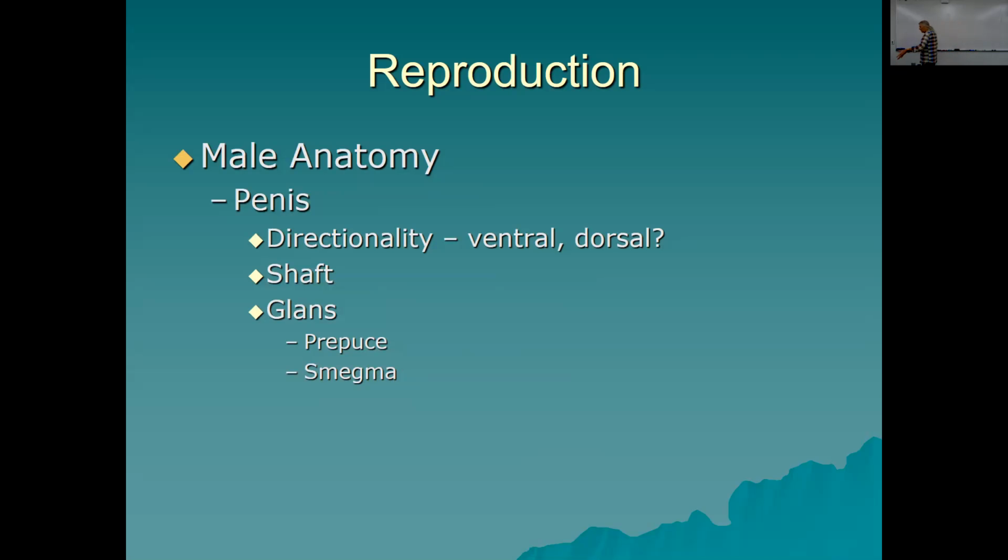Okay, the shaft of the penis, we talked about that. The glans means the expanded head of the penis. It's usually covered with a prepuce, or foreskin. When little boys are born, they're all born with foreskins. They're often removed with circumcision. But if they're not, then you have to worry about something called smegma. There are little glands on the glans penis, at the base of the glans penis, that make this fatty substance called smegma,